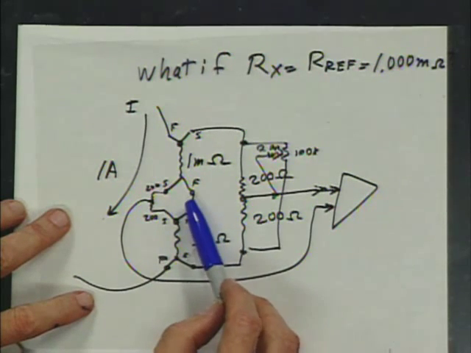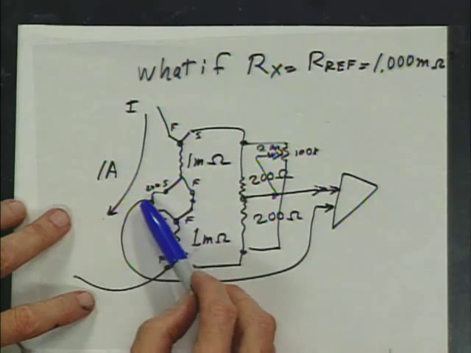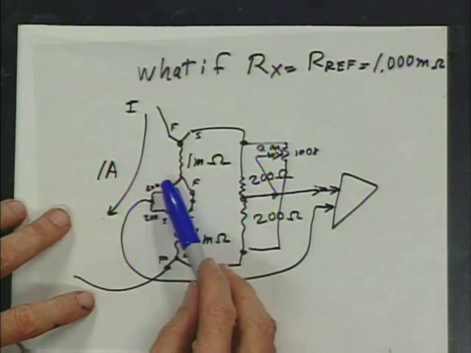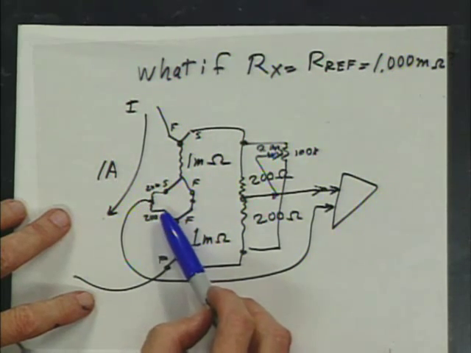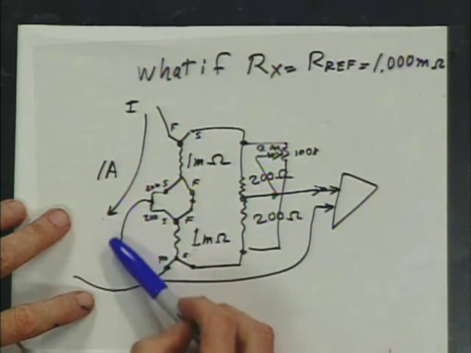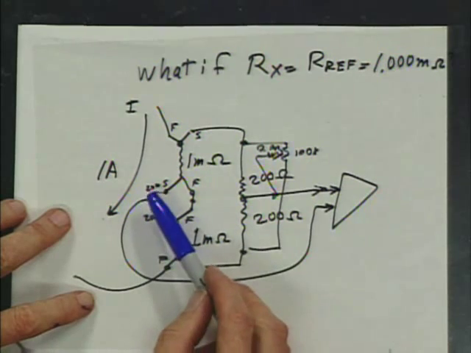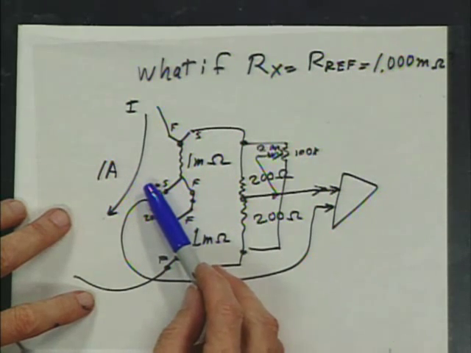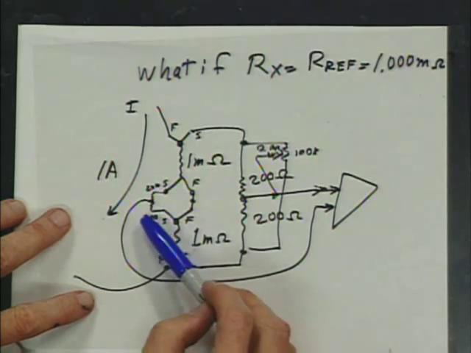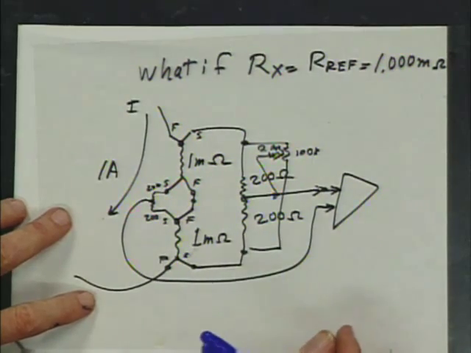You can't just look at this point. You have to look at the balance point on the sense. This helps you cut down the error considerably to bring that to the error amplifier. But still, that is not perfect. Even when the 200 ohm resistors are perfect, it's not a perfect bridge because